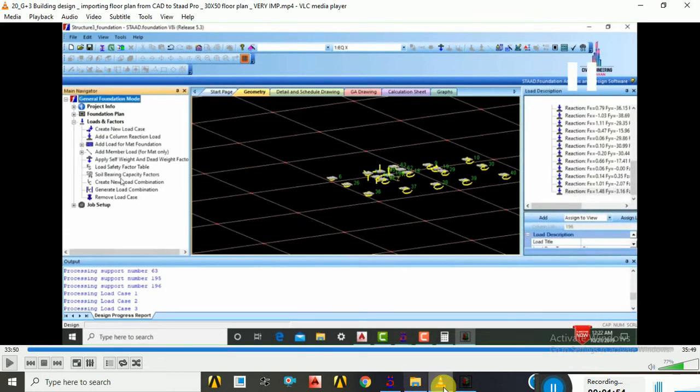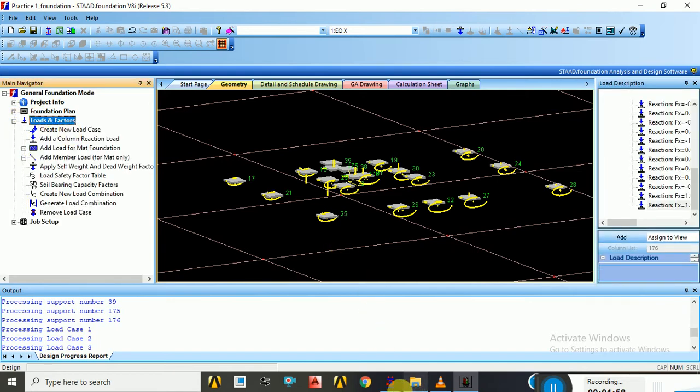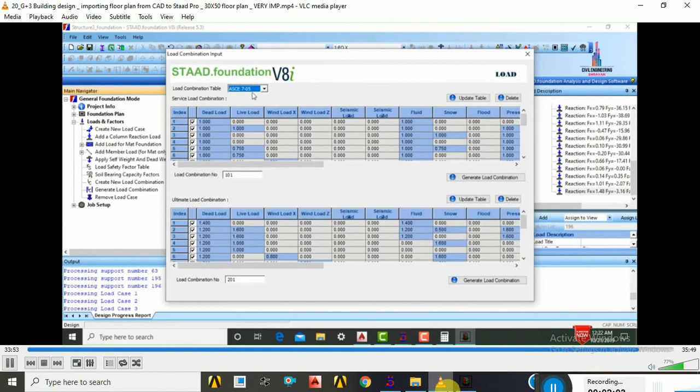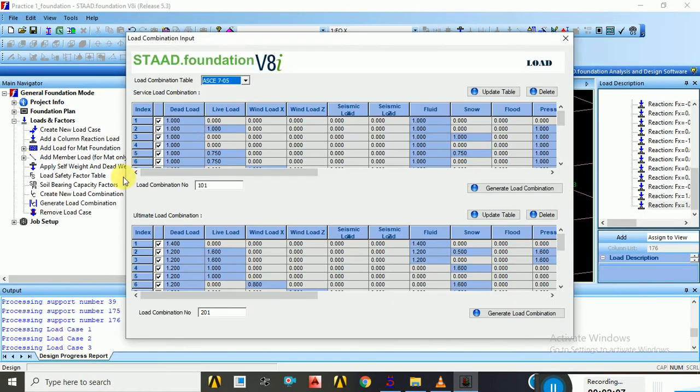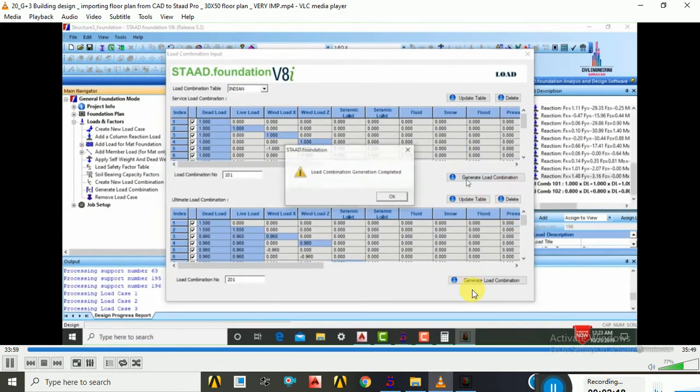Select loads and factors here. Click on generate load combination. So here we need to select the combination as Indian code. Click on generate load combinations for the service load combination initially.